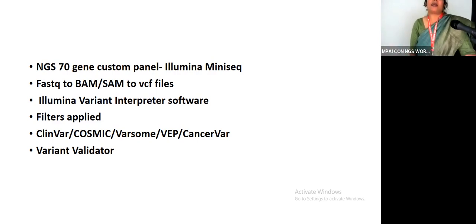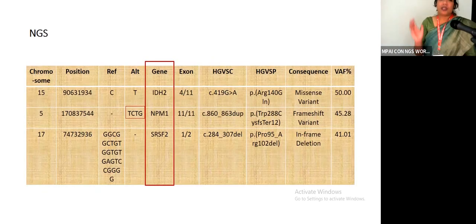And then we go back and see. We try to see the clinical significance of each of these mutations using the many tools that are available online. And we annotate, we validate these variants, whatever we have got, and sort them using Variant Validator. So this is how we work in our lab, in a nutshell. So coming back to this case, in this case, we had a FLT3 ITD positive, but here